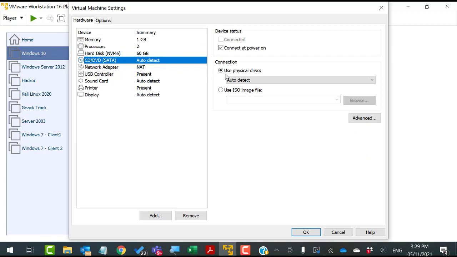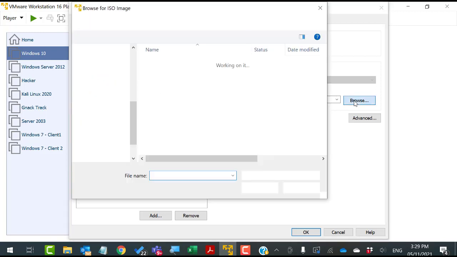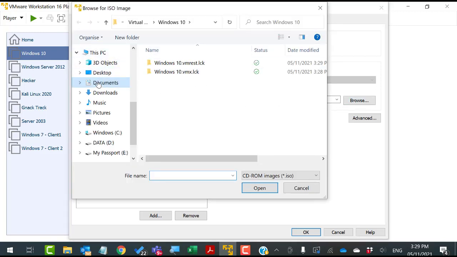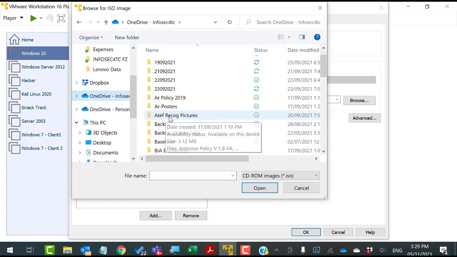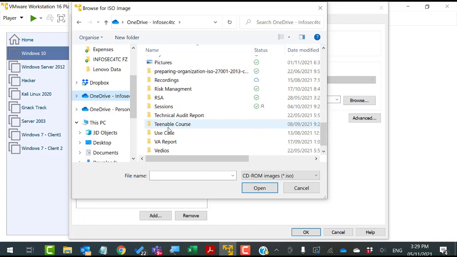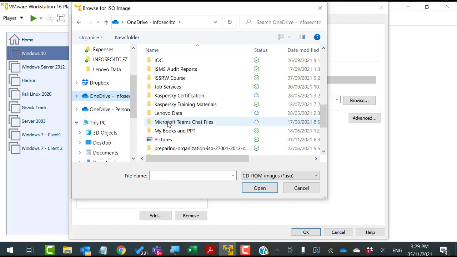So here in this new virtual machine, I select the CD DVD. Right now the active option is use the physical drive. I will select use an ISO image, and then I will point to the Windows 10 that I downloaded from Microsoft website, and I kept it on our shared folder with all the other virtual lab settings. So let's go there